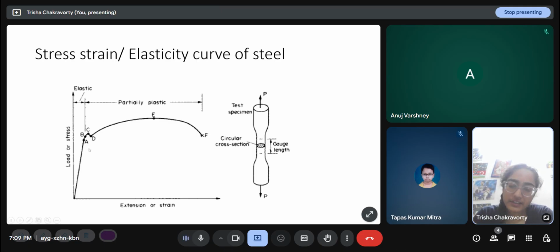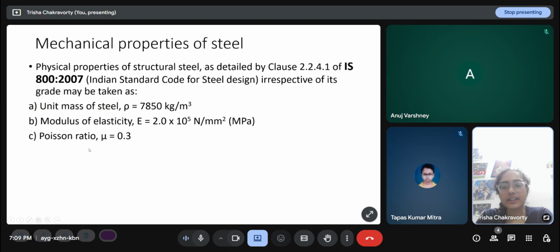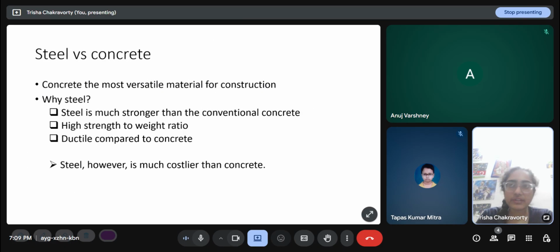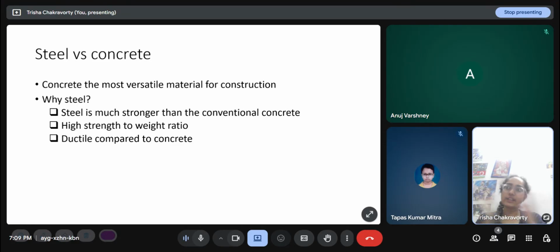Yeah, so in a brittle structure, it would just yield and then fracture immediately. So the area under the graph will be less. But we need ductility because ductile failure means that the structure deforms a substantial amount before it actually fails. So it gives warning time if a structure is about to collapse, and that can make a lot of difference; human lives can be saved. And if it is not a very rapid failure, if it deforms, then we can also carry out some kind of repair and prevent the structure from collapsing and save some economy.